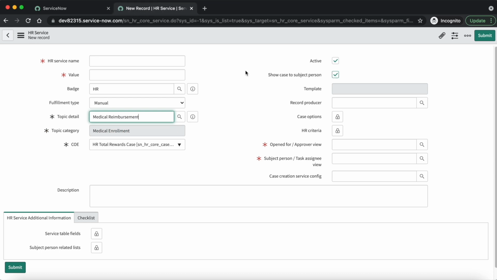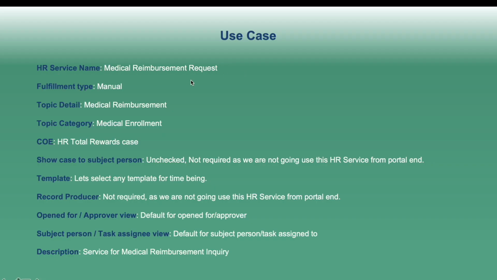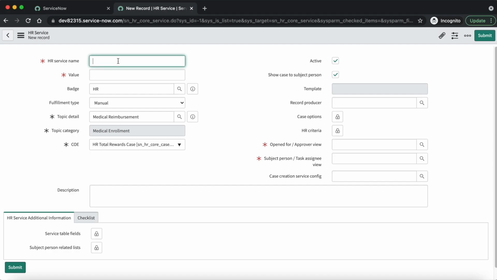So let's fill the HR service form and create a new HR service. The HR service name is medical reimbursement request. Now the value will be auto populated. Basically it will be HR, I'm not going to change it.